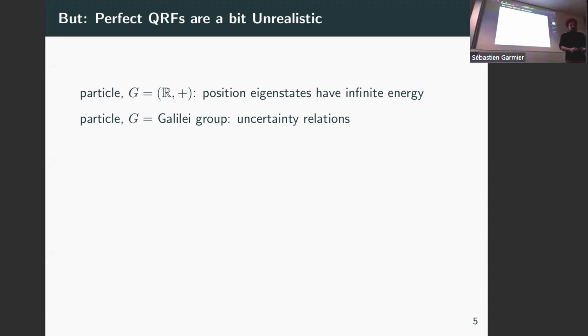This is a classical group in the sense that the boosts are classical, so non-relativistic. But still, what you essentially need is a set of states that have a definite value of position and velocity at the same time in order to really build this perfect frame, which doesn't work because the quantum particle has uncertainty relations to fulfill. So not even in principle can you actually build this frame. There is a trick. You can make the mass of the particle infinite because then the commutator becomes zero. But again, it's not a practical trick.